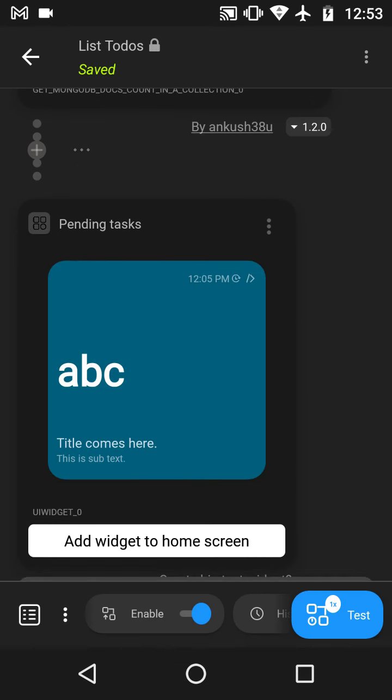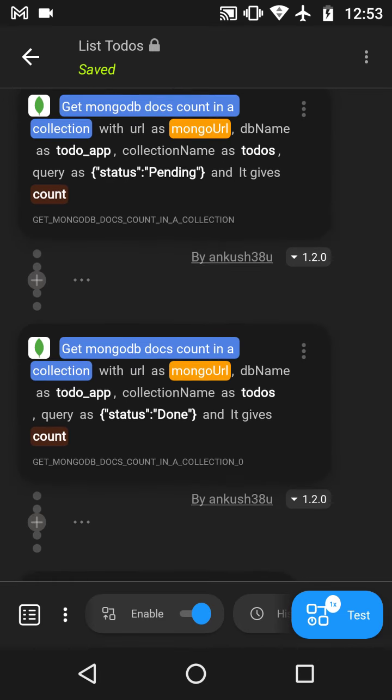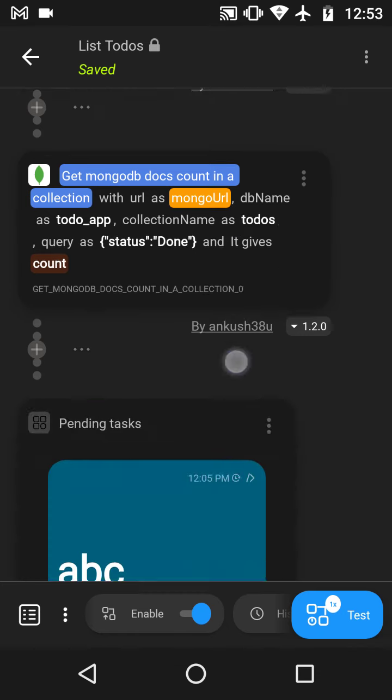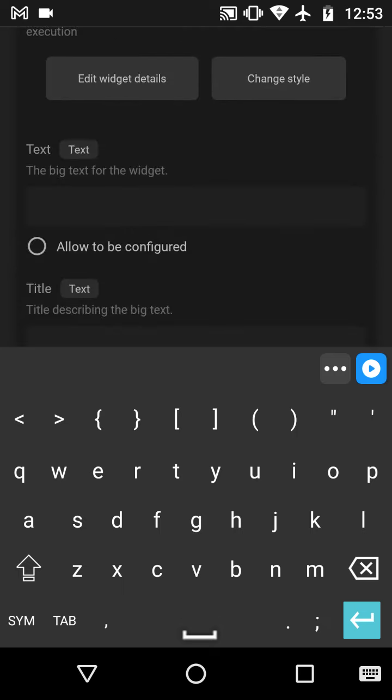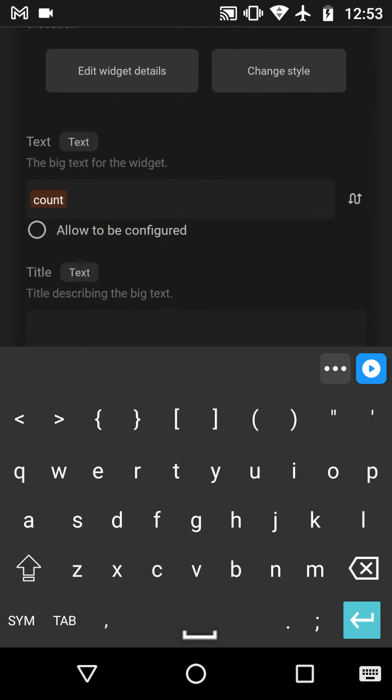And now is the time to connect these variables. So these blocks provide count as output, and make sure you use non_01 while selecting the pending. So in the text I'm going to say count, and I'll choose the one from the top one.